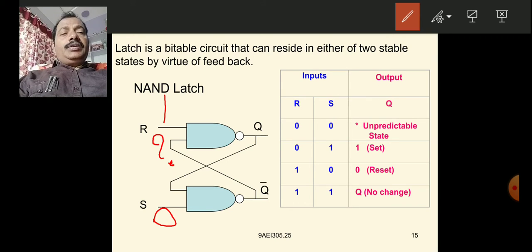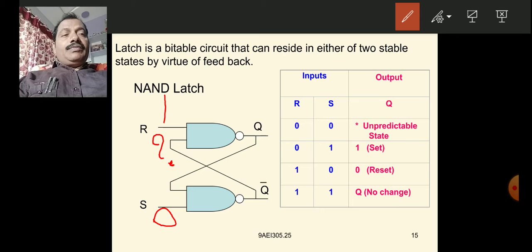Hence, you cannot determine the output of the NAND gate, because the output of a NAND gate can be determined only when all of the inputs are known. Because one of the inputs is 1, the other input must also be known, then only we can say its output. But if you observe the bottom NAND gate,